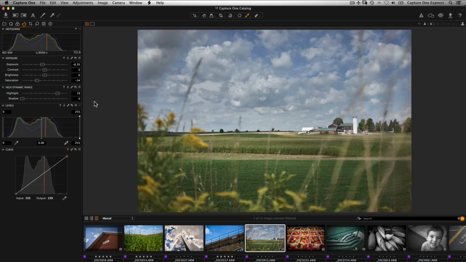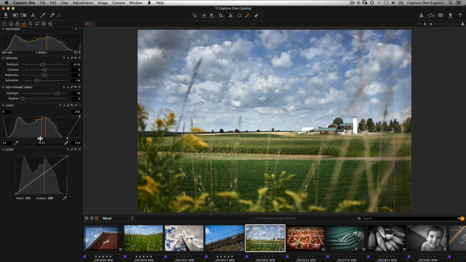highlights. The Levels tool is capable of adjusting contrast, brightness, and tonal range. The Levels tool has three adjustments: black point, white point, and midtones. The position of these sliders redefines the input levels so they are mapped to the output levels shown at the top of the Levels tool. The midtone slider brightens or darkens the midtones. Also in this tab is a Curve tool which works in a similar way to many other applications.